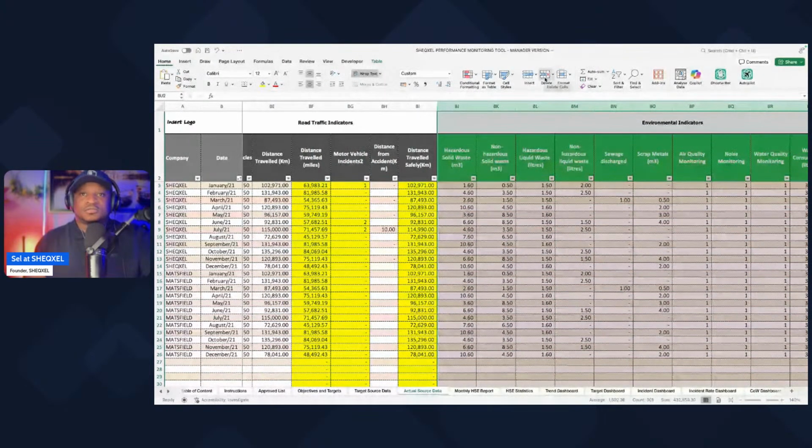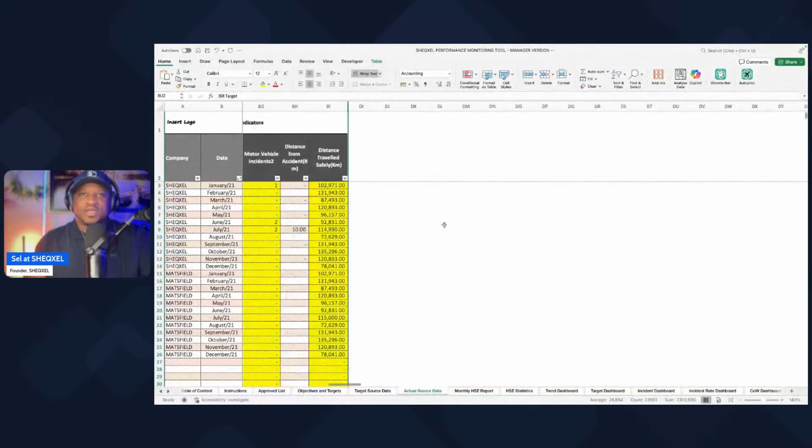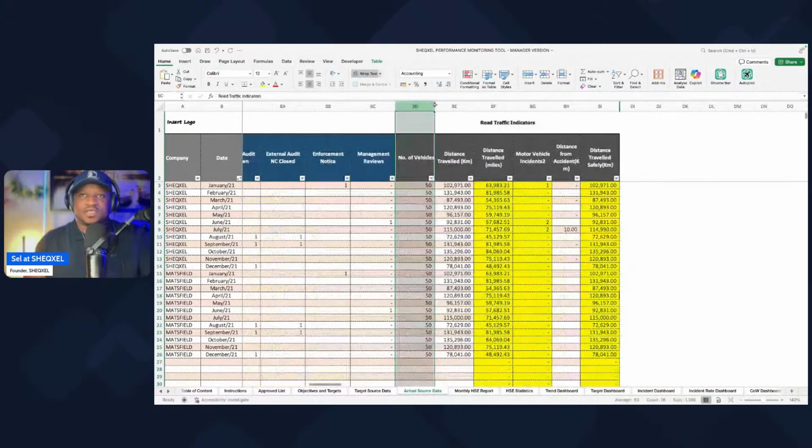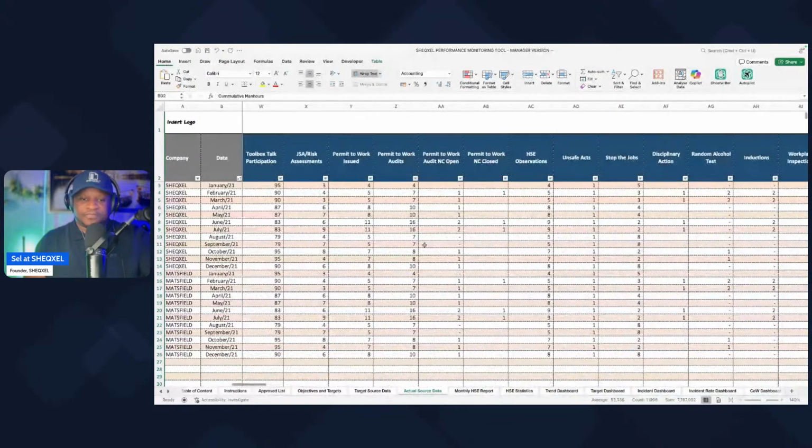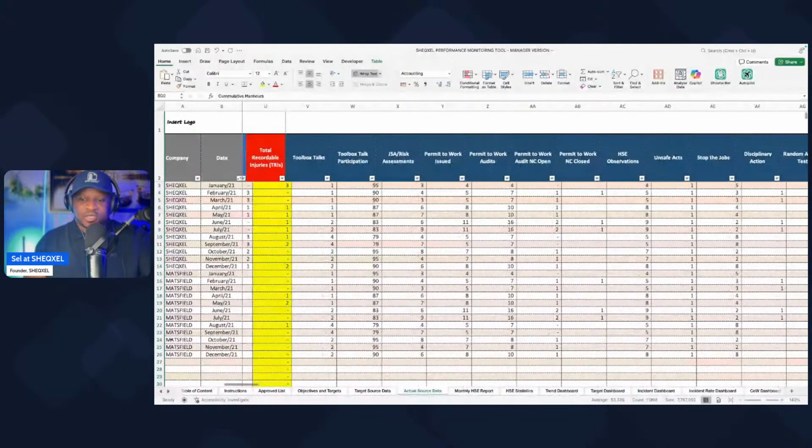All right. So this is out of the way. We don't need the road traffic indicators. So that is out of the way. And then we need to get rid of some of these entries. Okay. So based on